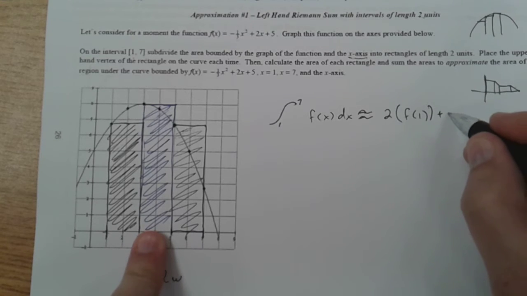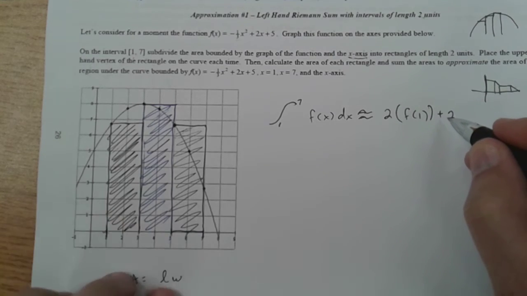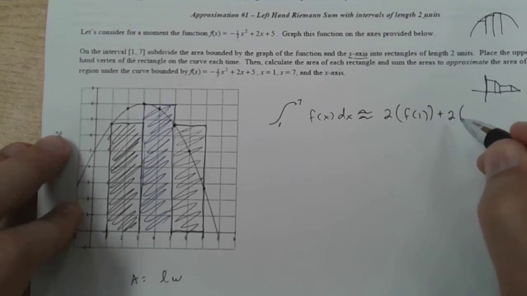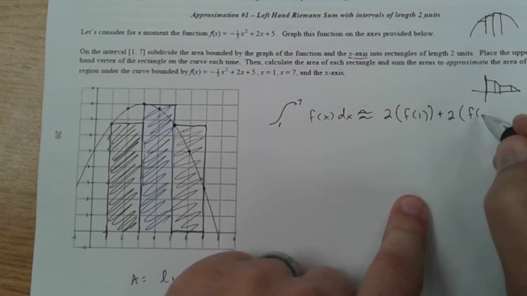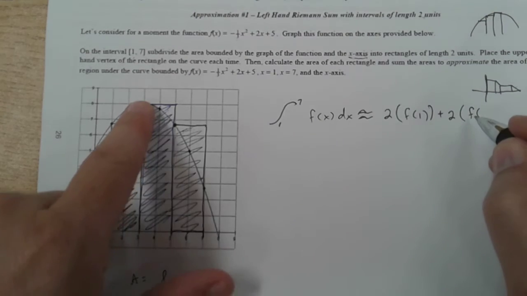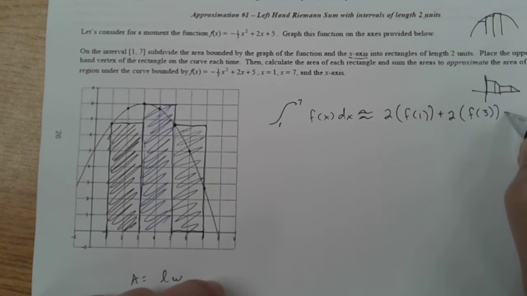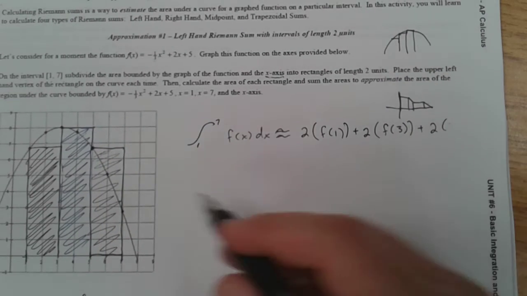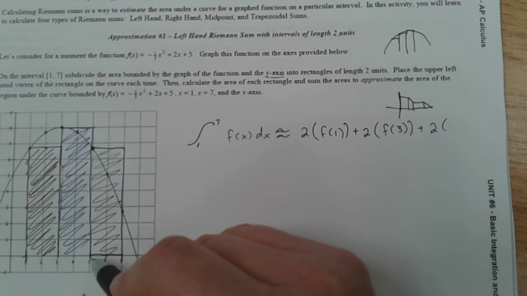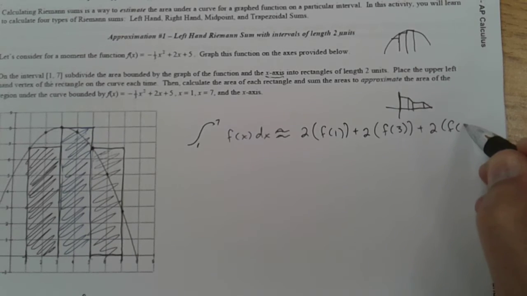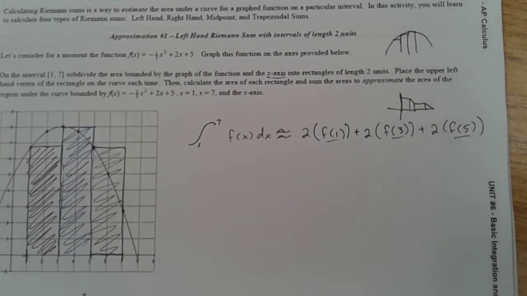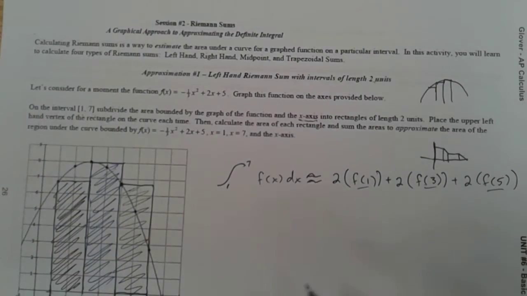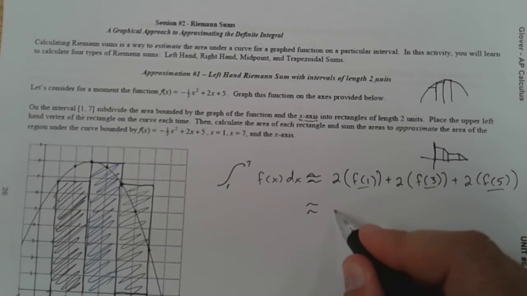plus the second rectangle, which is 2, because that's the width, times the height of it. And this one here we can probably figure out, it looks like it's going to be 8. Well, we're going to see if it works. It's going to be f of 3, because that's where it hits, plus 2 times where it hit here, which is going to be f of 5. We're not having to estimate that because we actually have a function. We plug that in there. So here's my approximation. We're going to have 2f